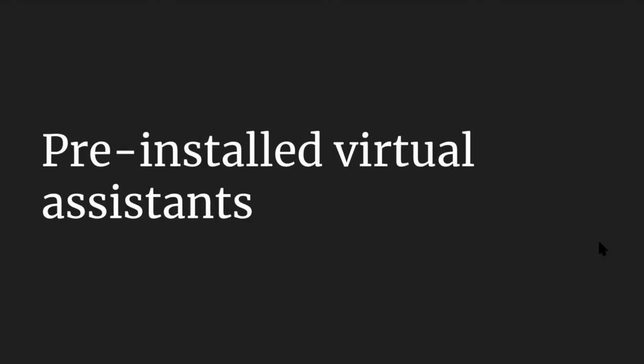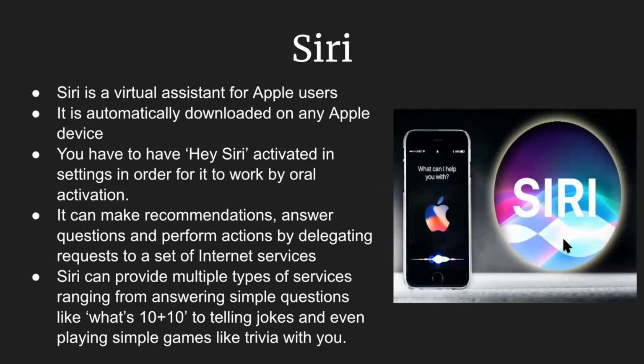So now there are also pre-installed virtual assistants. Firstly, Siri, which many of you may be familiar with, but it's all right if you're not. Siri is a virtual assistant for Apple users in particular, and it is automatically downloaded on any Apple device that you purchase. You have to have Hey Siri activated in settings in order for it to work by oral